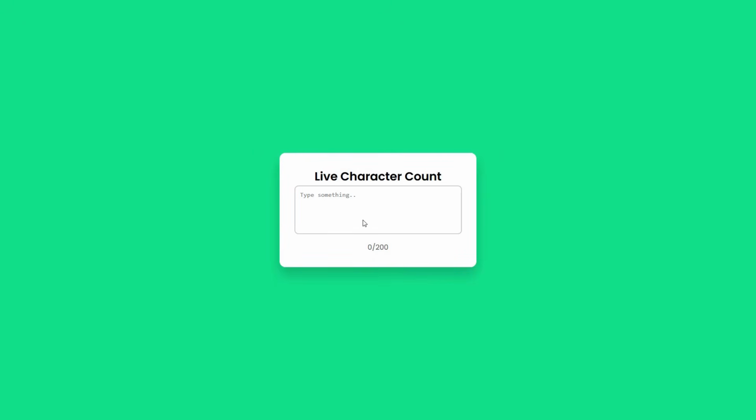In today's video, we are going to build a live character counter using HTML, CSS and JavaScript. Here's a quick preview of how the output looks. As I type inside the box, watch how the number updates in real time to reflect the number of characters